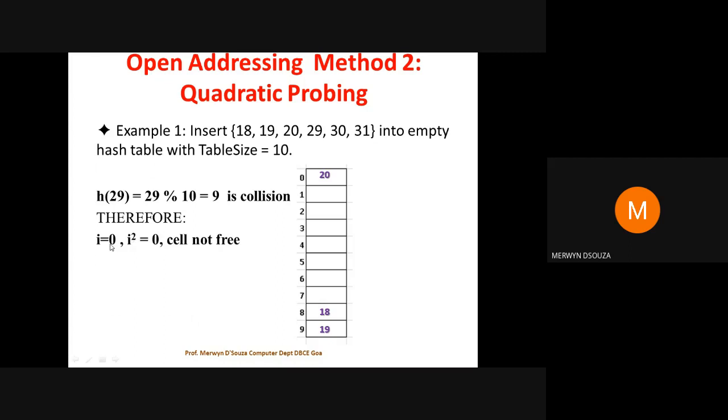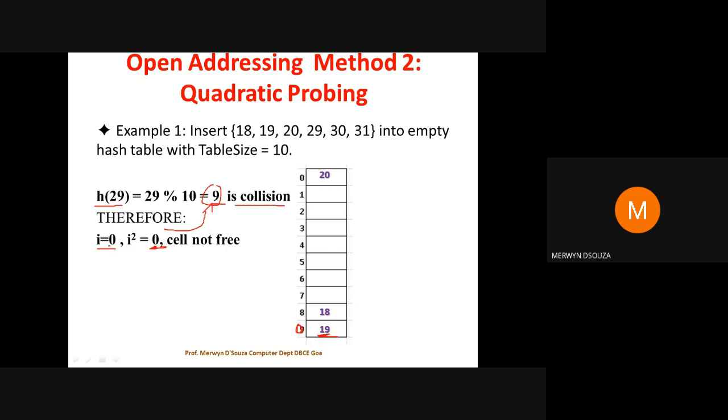So initially I take I equal to 0. I square is obviously equal to 0. Now here the hash value is 9. So you're going to imagine that this I equal to 0, you're getting this 0 here. So this 9 you're going to imagine is 0. When you're solving the collision, this 0 that you get will be this index 9 that you had got while doing the original hashing, where you had got the collision. Now, because this cell is not free,